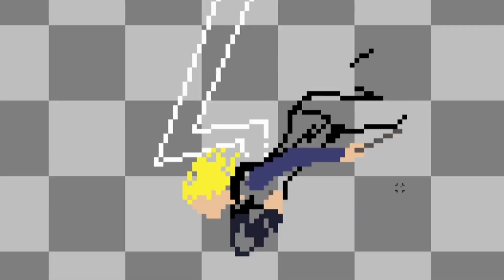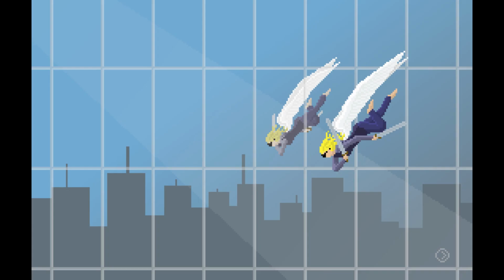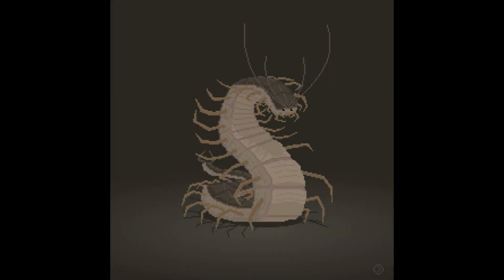During this time I've had a lot of thoughts about getting better at pixel art, specifically realistic pixel art, because for whatever reason I sort of gravitated towards that, so I wanted to share some of the things I've learned, so here we go. I've come to realize that pixel art is just another kind of art medium or style,